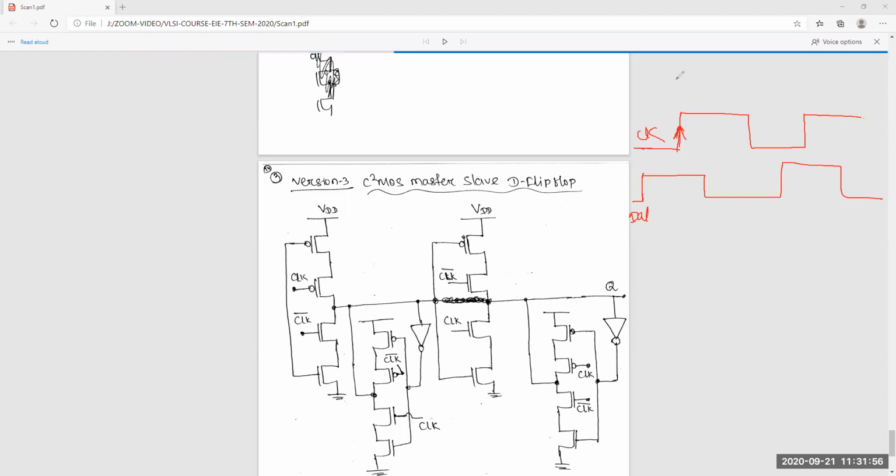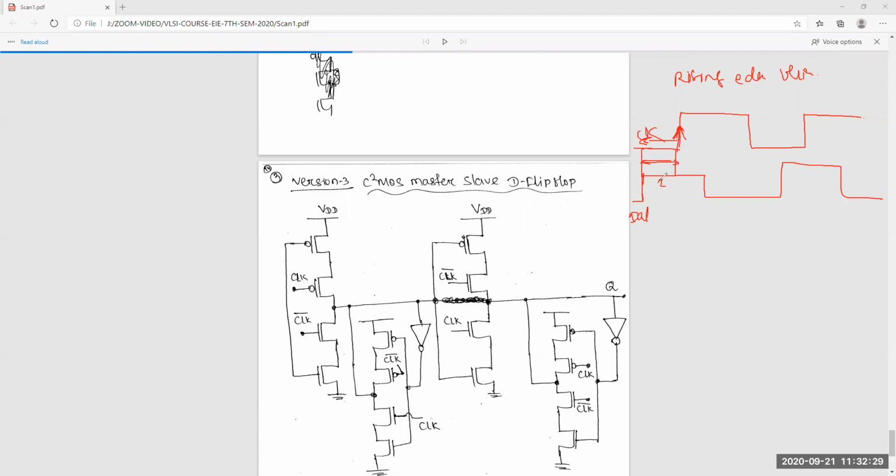So suppose this is a rising edge flip flop. Before the clock, what is the time the data is stable? That is your setup time. You can see that before coming to that clock, the data is stable here, meaning 1. This is the 1, so data is stable. That is your setup time.